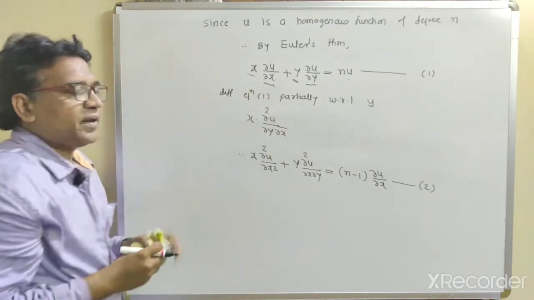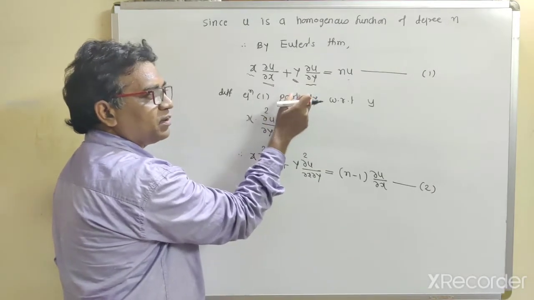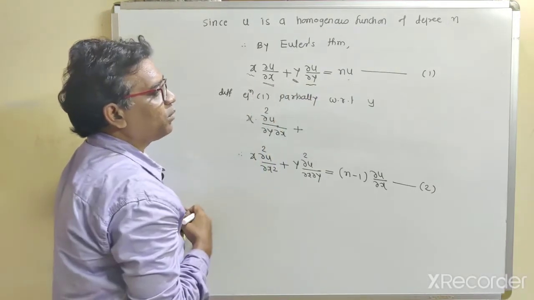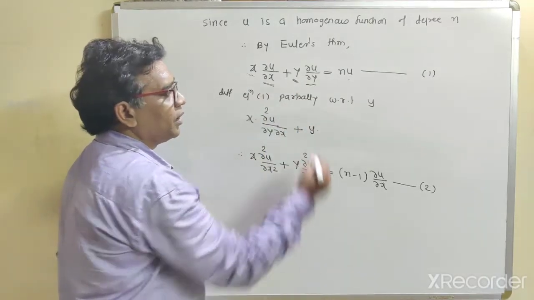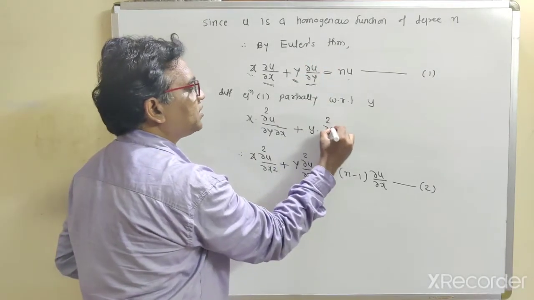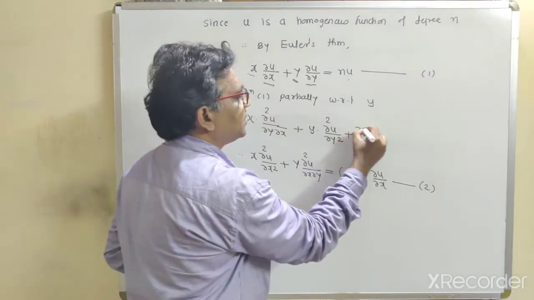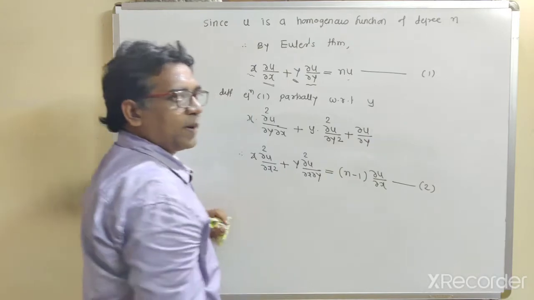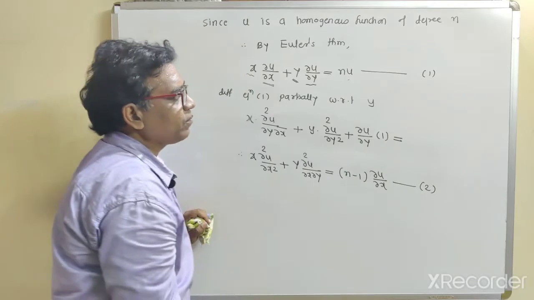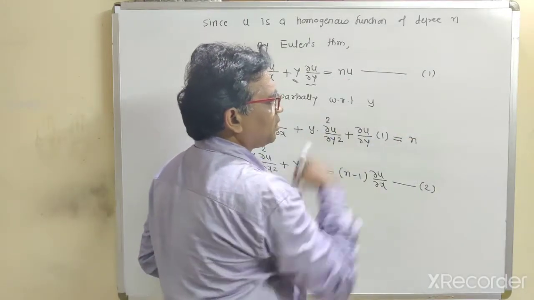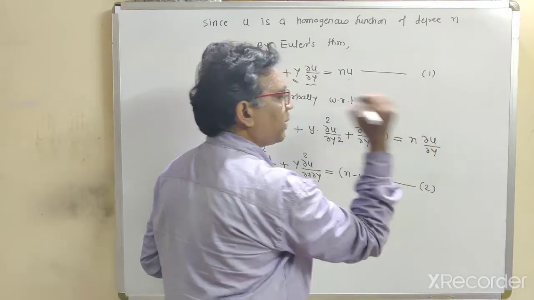So this is the partial derivative with respect to y, plus, now these are terms of variable, both are variable terms, so use the product formula. First term as it is, y, into derivative of second term, this is del square u by del y square, plus second term as it is, del u by del y, into derivative of first term, this is 1, is equal to n, this is a constant term, and the partial derivative with respect to y is del u by del y.